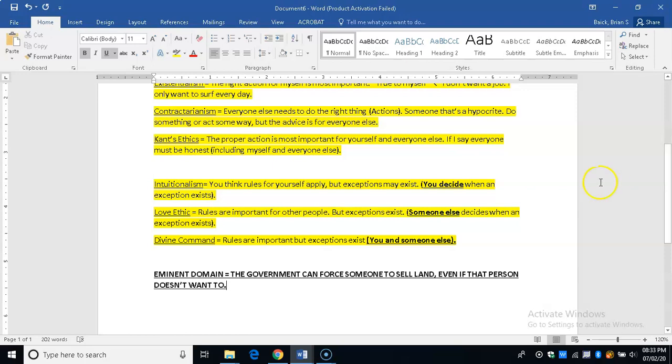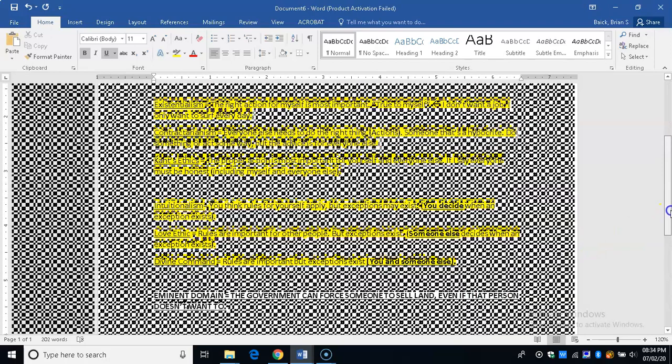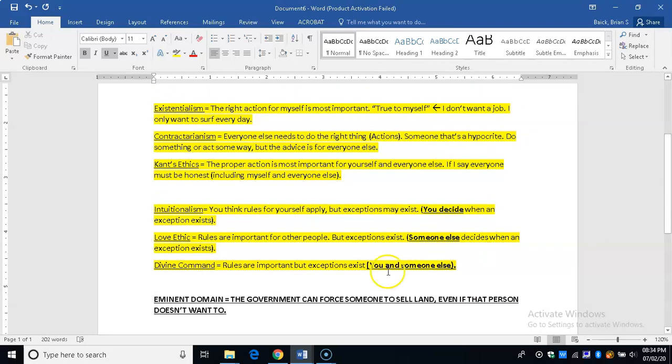Under this notion of eminent domain, the government can force me to sell my land and take my land from me in order to build a highway, because the government says that building the highway and helping more people is the most important concept here. The end result is the most important thing. The end result for everyone else is what's most important. So if you look at this notion of eminent domain,